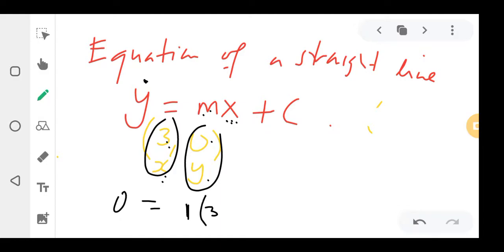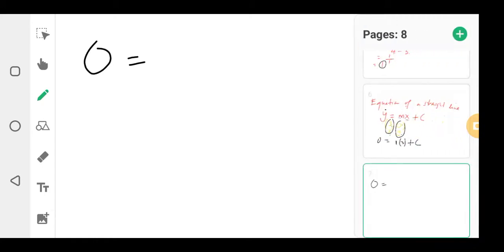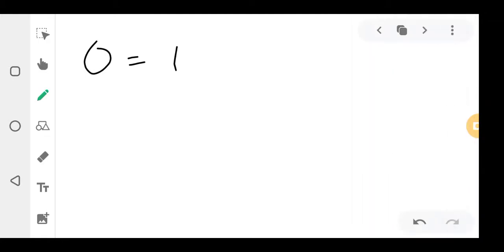Put 3 in brackets plus c. Okay? This c. So it will be 0 is equal to 1 times 3, there's 3 in the bracket,